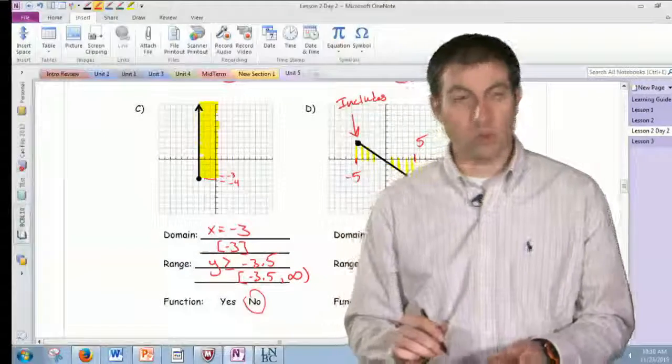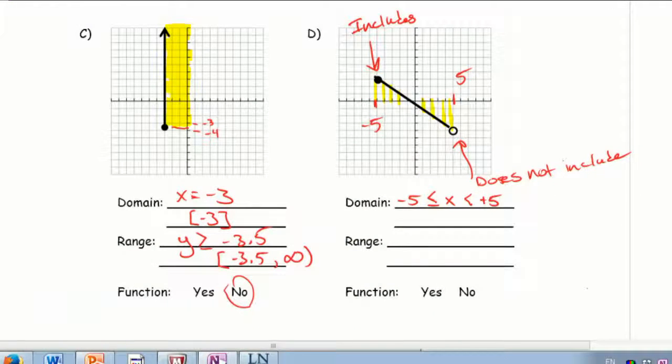Yeah, so you were right with the less than 5, but it's not less than or equal to. All right, so those are my x values. I can also write that as this. I can write it as